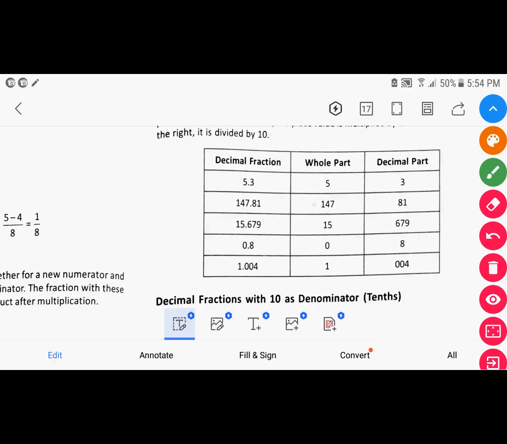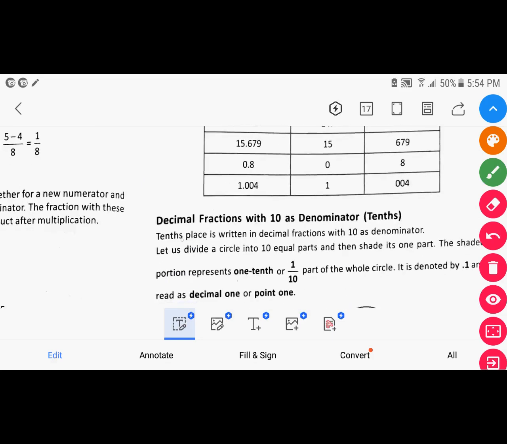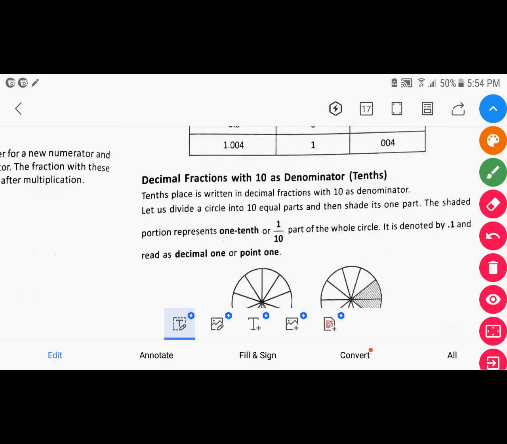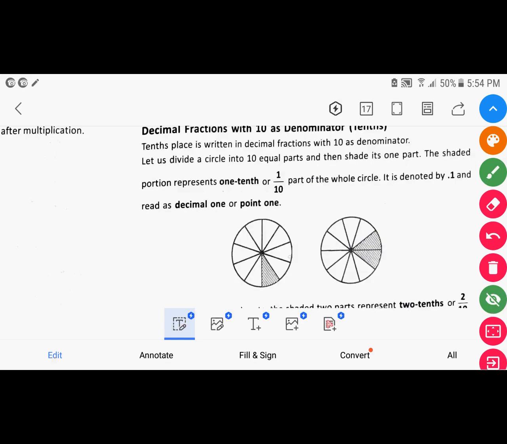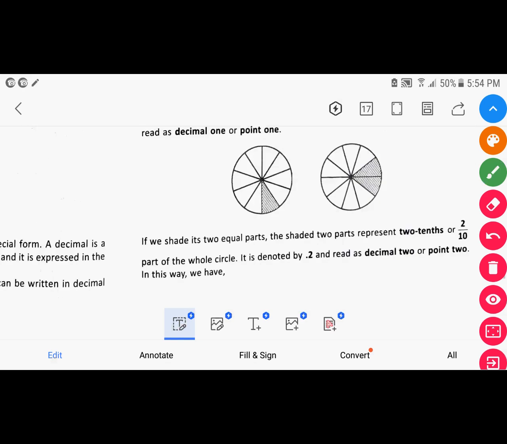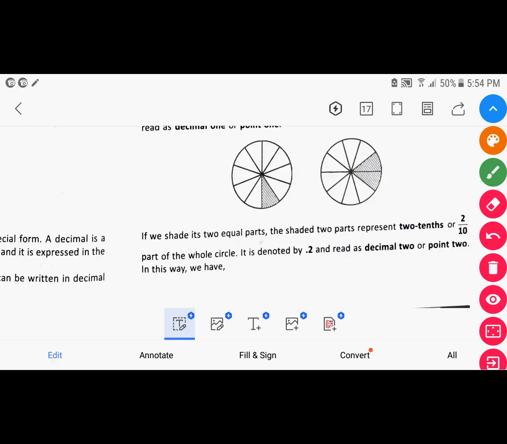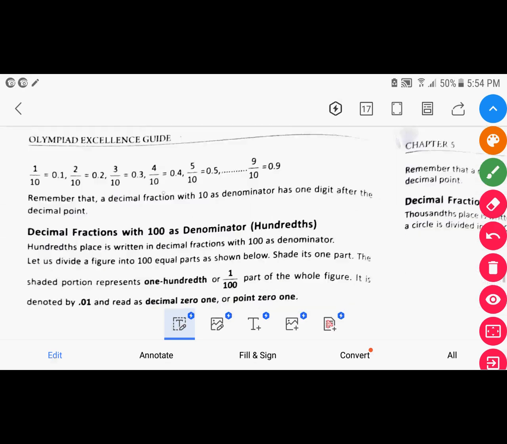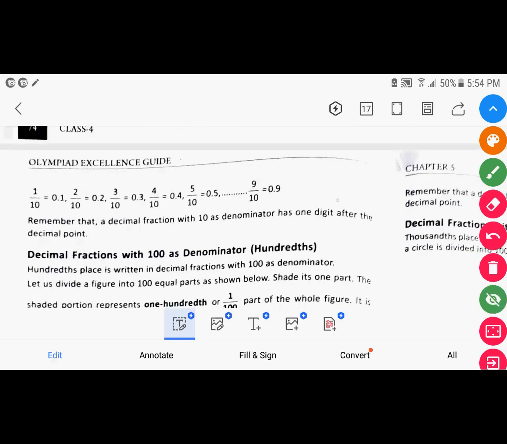147.81, so here the whole part is 147 and the decimal part is 81. Now 1/10 means what? 10 equal parts and one portion is taken from those 10 parts. 2/10 means 10 equal parts and 2 portions are taken from that whole. Okay, now it is represented as